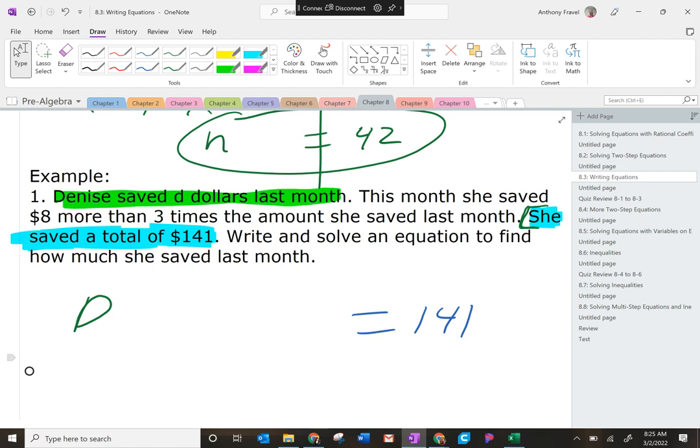And then it said, this month, she saved 8 more than 3 times the amount. So I'm looking for both months, right? So in between this one and this sentence, what am I going to do? Add, subtract, multiply, divide? Yes. I see your hand symbols. We're going to add that one. So what she made for that very first month plus,